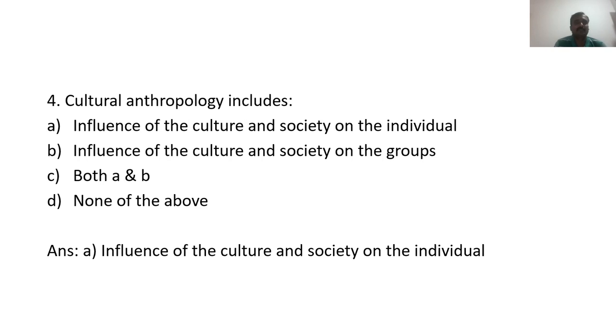And cultural anthropology. Cultural anthropology includes the influence of culture and society on the individual, the influence of culture and society on groups, both A and B, and the last option is none of the above. The answer is the influence of culture and society on the individual. How the culture of the society as well as society influences the individual, how culture and society make an influence at the time of purchasing goods or services, is called